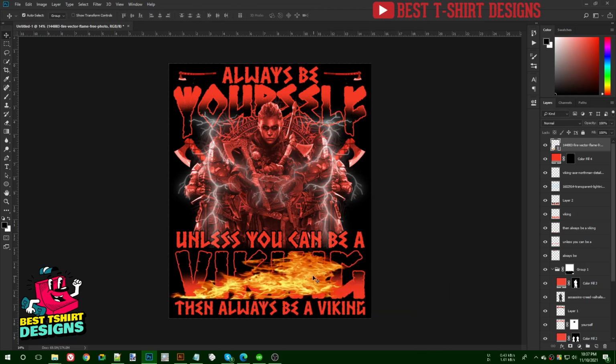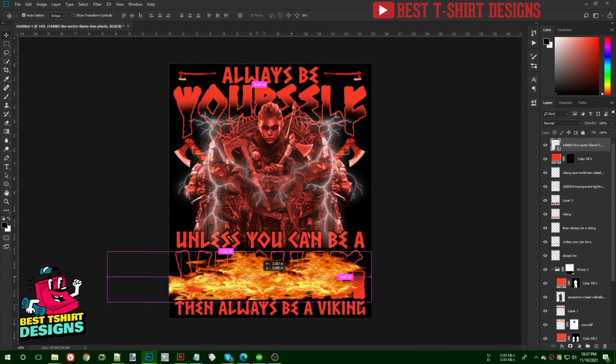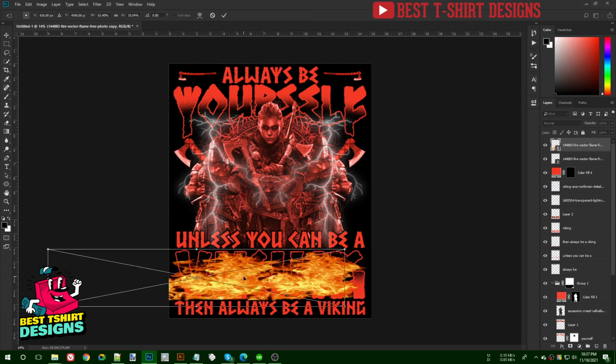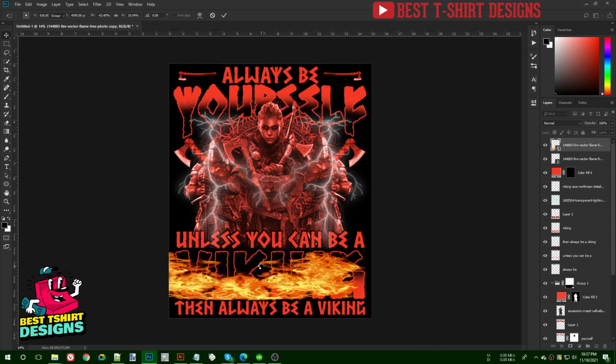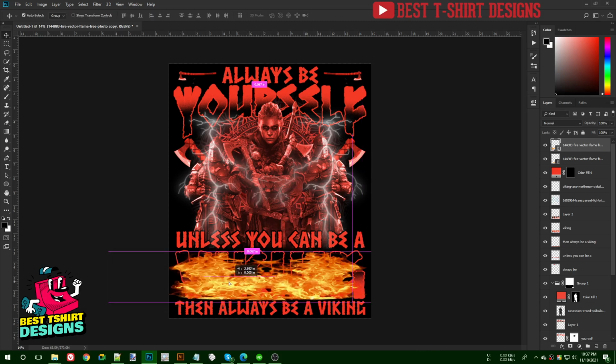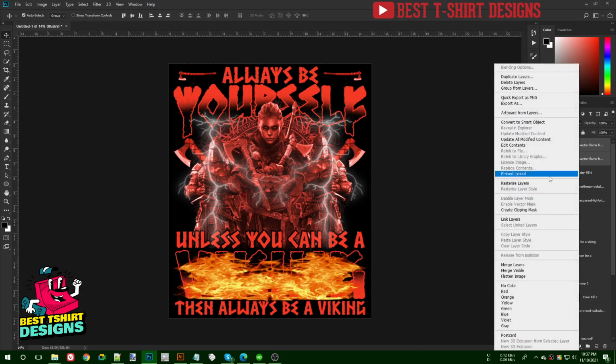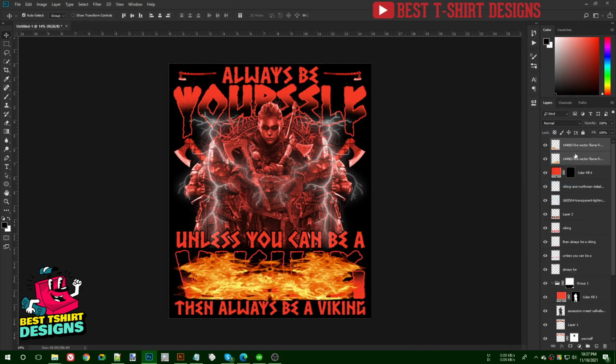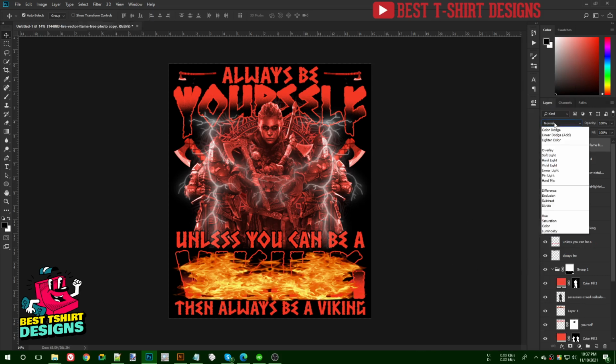So on here, and then I will make a copy, bring that here, right click, transform, flip horizontal to reflect, and then I'm going to select these two fire layers, rasterize them, and then merge them to make them one layer.